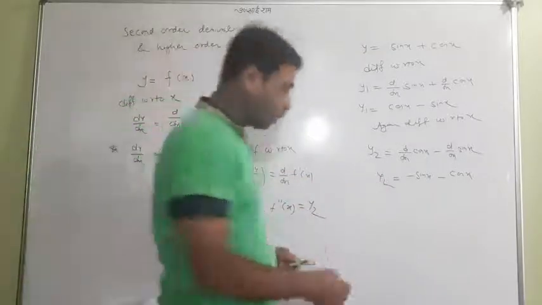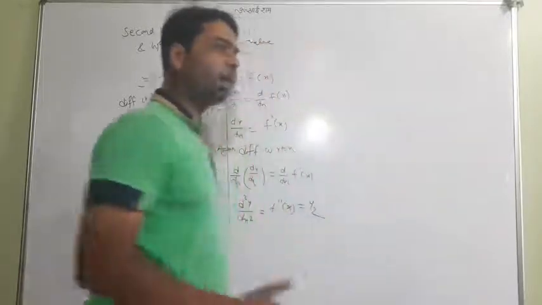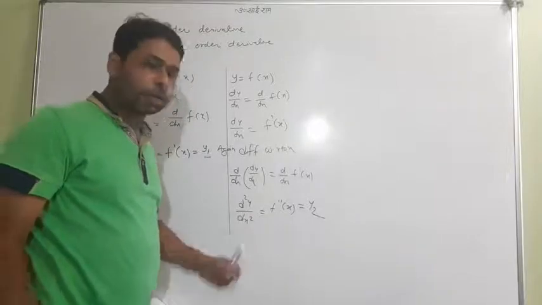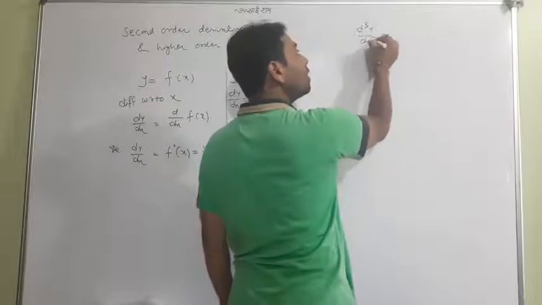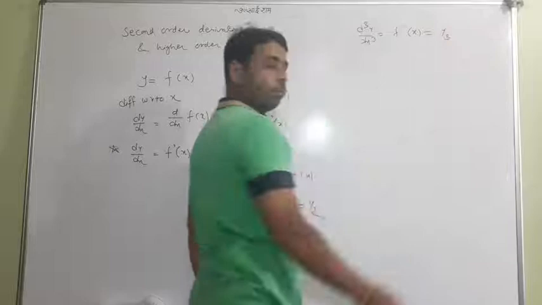Meaning it's a higher order derivative and nothing special now, students. One can do it, one can understand it very easily. This is still y, so d square y by dx square. Again I tell you, when you find the third derivative, guys, it will definitely be represented with f triple dash x and this is y3.